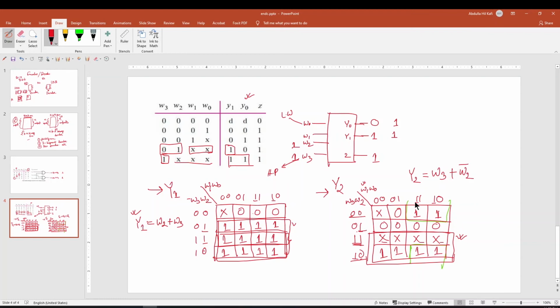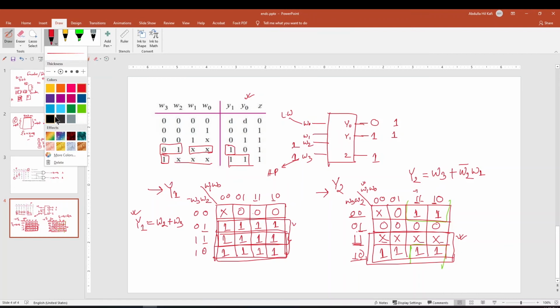And for these two, you can see this one and this one is changing, so this one is W1, so we can put W1 over here, since W1 is not changing on this side. So this is actually our